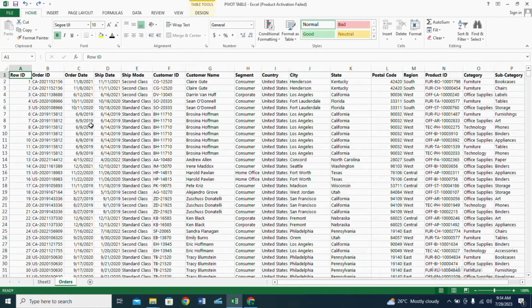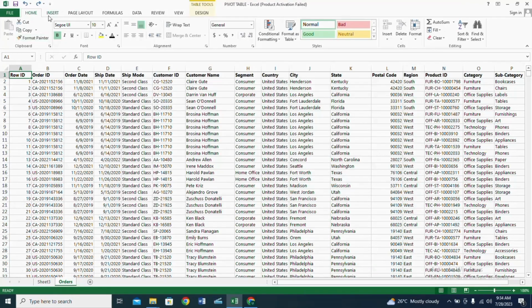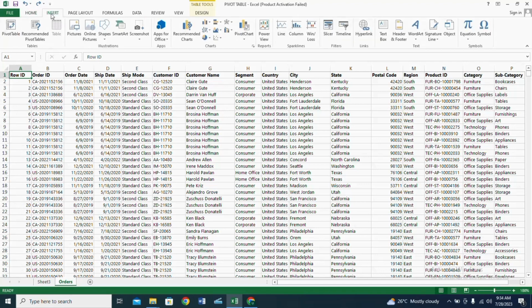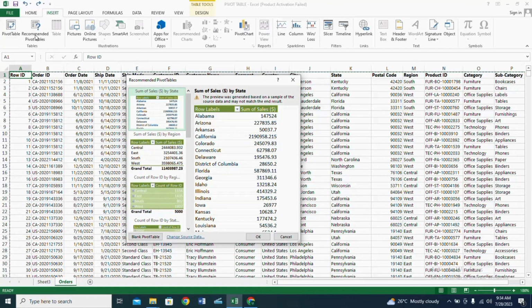But for efficiency's sake, let me introduce you to Excel's recommended pivot tables. So you go to your insert tab, and instead of clicking the pivot tables, you click on recommended pivot tables. What Excel has done is to provide you with several templates of an already built report from your data.